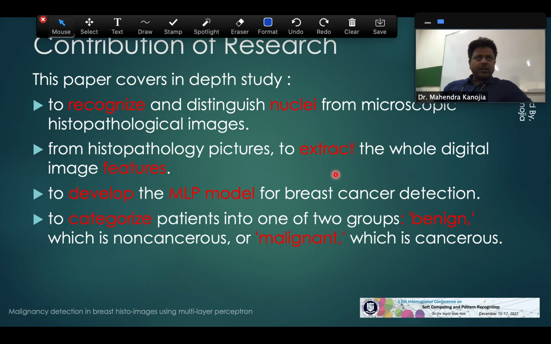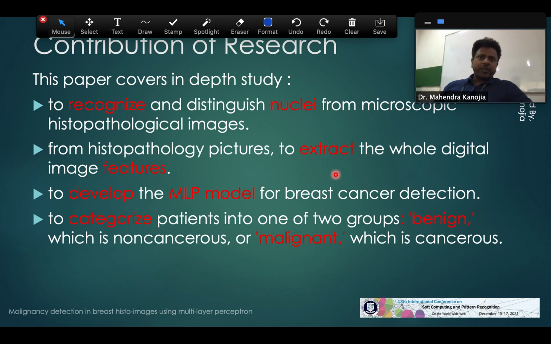What we have done is we have worked to recognize and distinguish nuclei in microscopic histopathological images. All our image processing techniques are employed to identify nuclei from the background, and more precisely the background is removed and all the features concentrate on the nuclei.